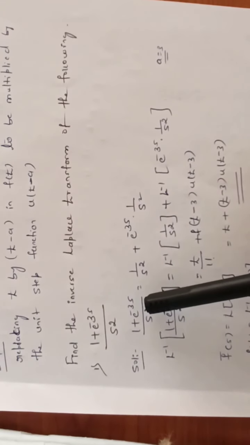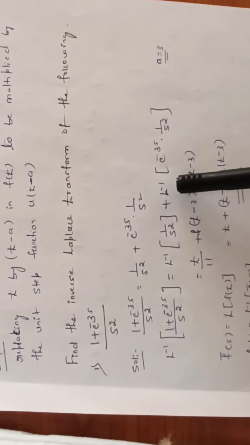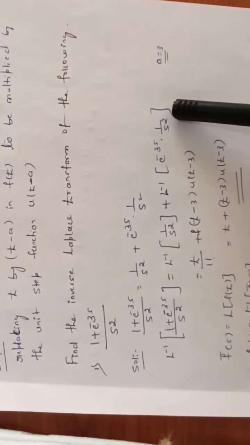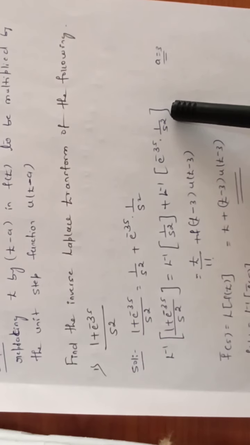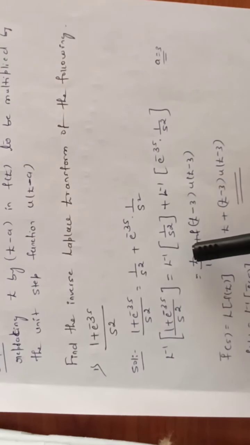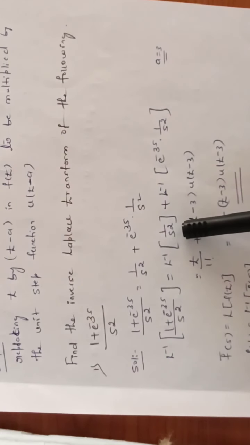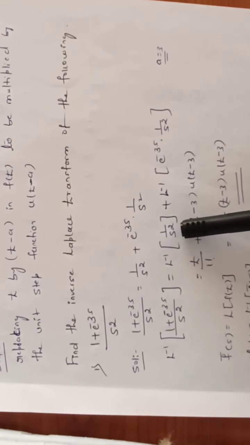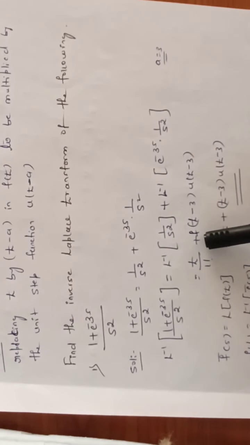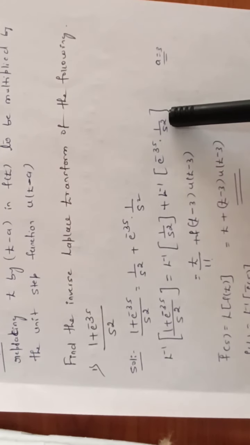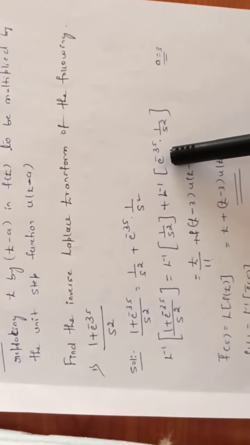So the L inverse of this term is equal to L inverse of 1 by s square plus L inverse of e power of minus 3s into 1 by s square. Using the standard result, L inverse of 1 by s power of n plus 1 is given by t power of n by n factorial, where n is equal to 1 for this particular term. So I'll get t power of 1 by 1 factorial plus,